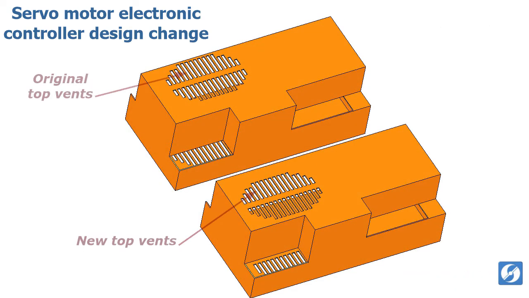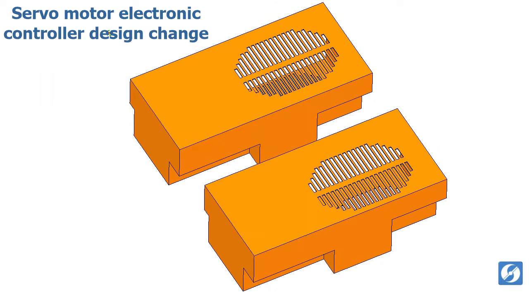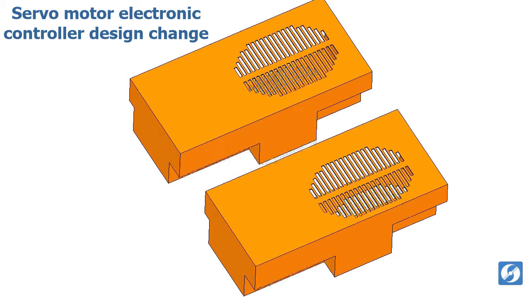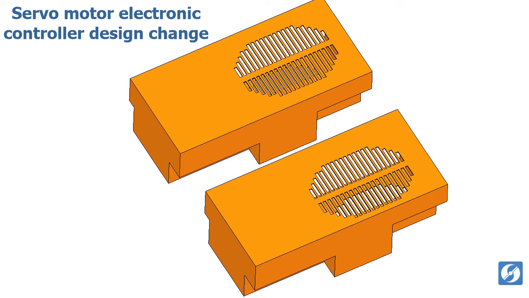Let's compare the initial and the new casing design. I didn't change the vent open area, but I pushed the cuts closer to the front of the unit so that these would be right above the vertical board. On the bottom side, I again pushed the vents towards the front, so these would be underneath a series of small chips on the bottom card, which were also too warm. These are all the changes. They were easy to implement in the CAD environment, so let's see how they perform.